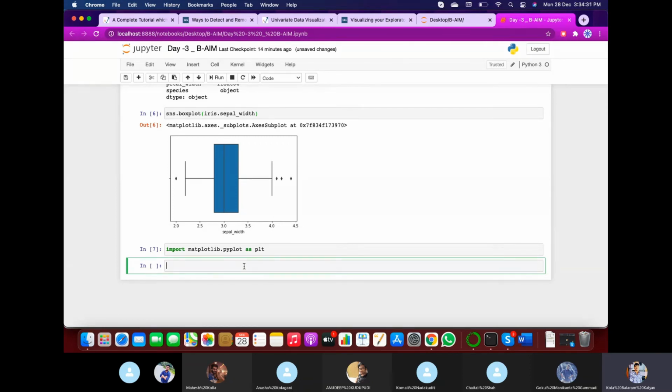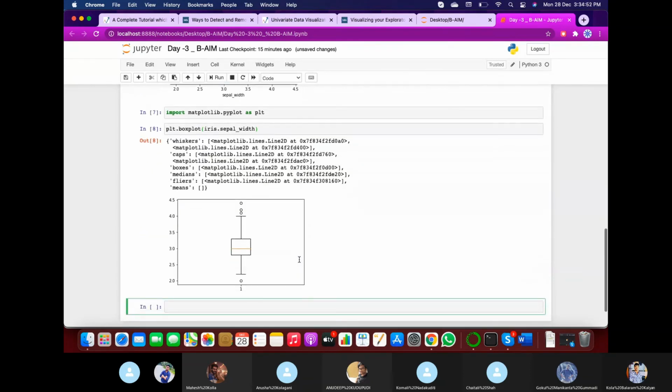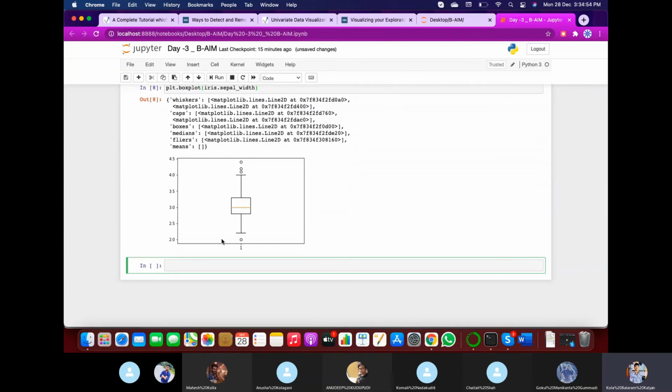It is known for plotting. Plotting can be done by loading plt, and the same as box plot can be visualized here.